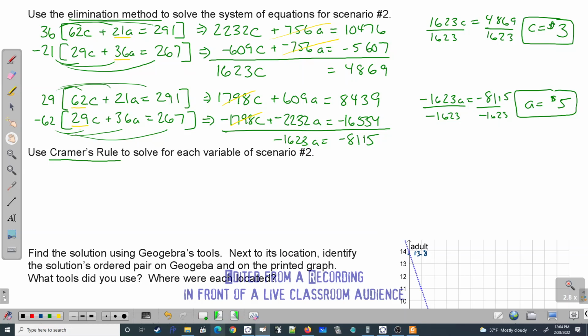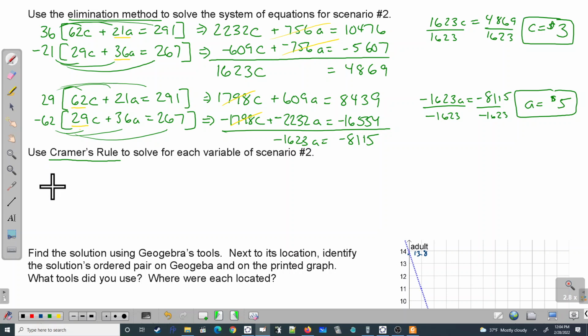But we're going to do Cramer's rule right now. Again, if you are working with a partner, you decide you're going to take on the child's ticket price, then you go ahead and you do it for both elimination and Cramer's rule. So let's just do that one. So this person would be going C equals